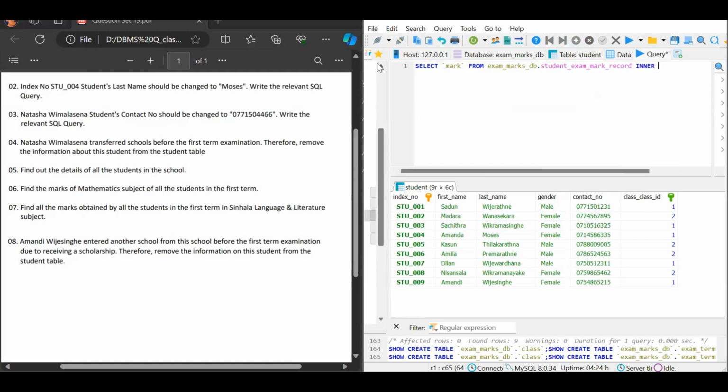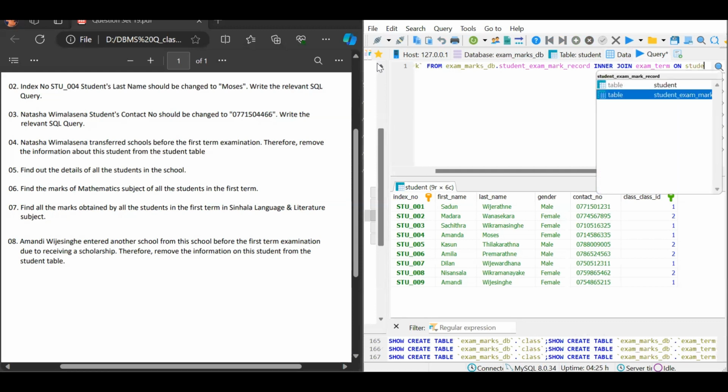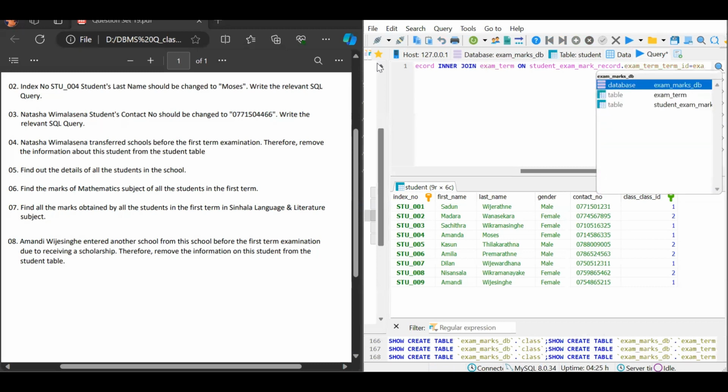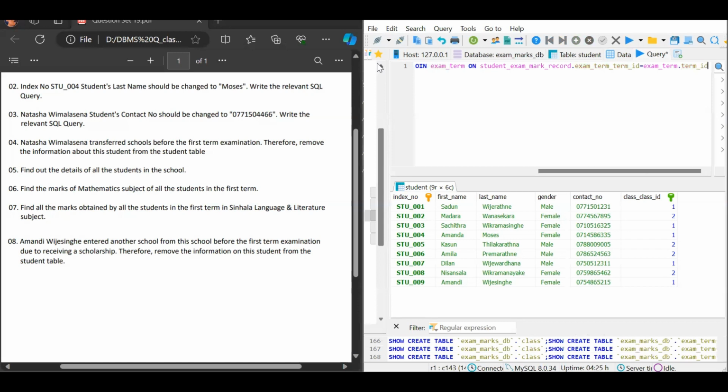We use an inner join here as we have to link the term table and the subject table. Let's first join the exam term table, and let's use the on keyword, and specify to which column of the student exam mark record table is linked with the exam term table. So student exam mark record table dot exam term id equals exam term table dot term id, and then